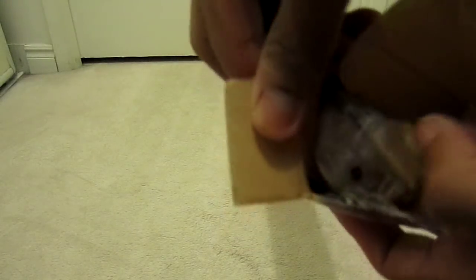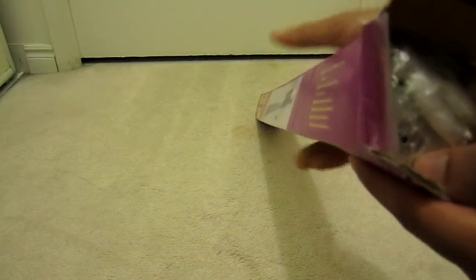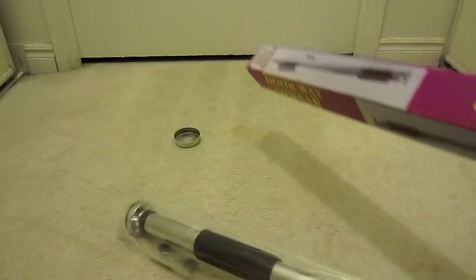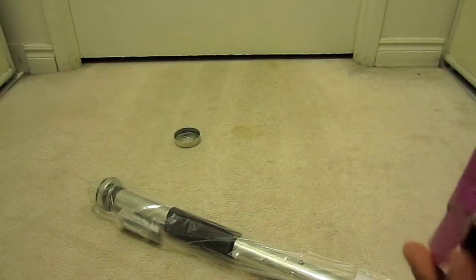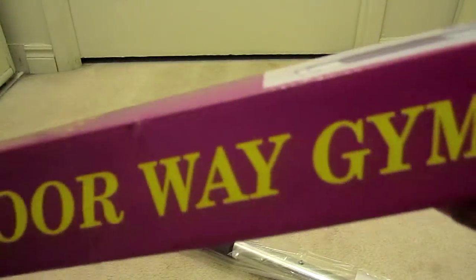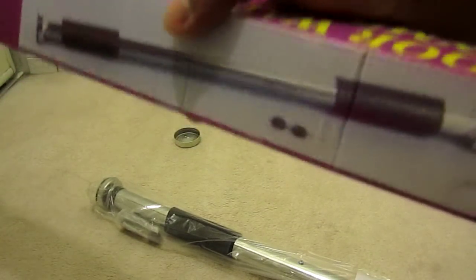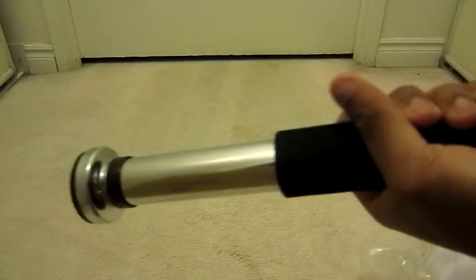Just open this here. There it is. Let me take that out. And it's called the Doorway Gym Bar. Right there. Basically twist this